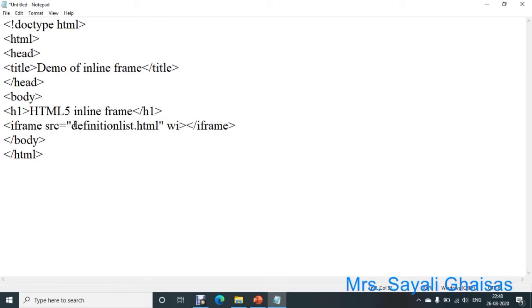Then you can specify a width and height. Suppose we specify width as 300 and height as 300. You can specify a name to this frame. Suppose, demo.